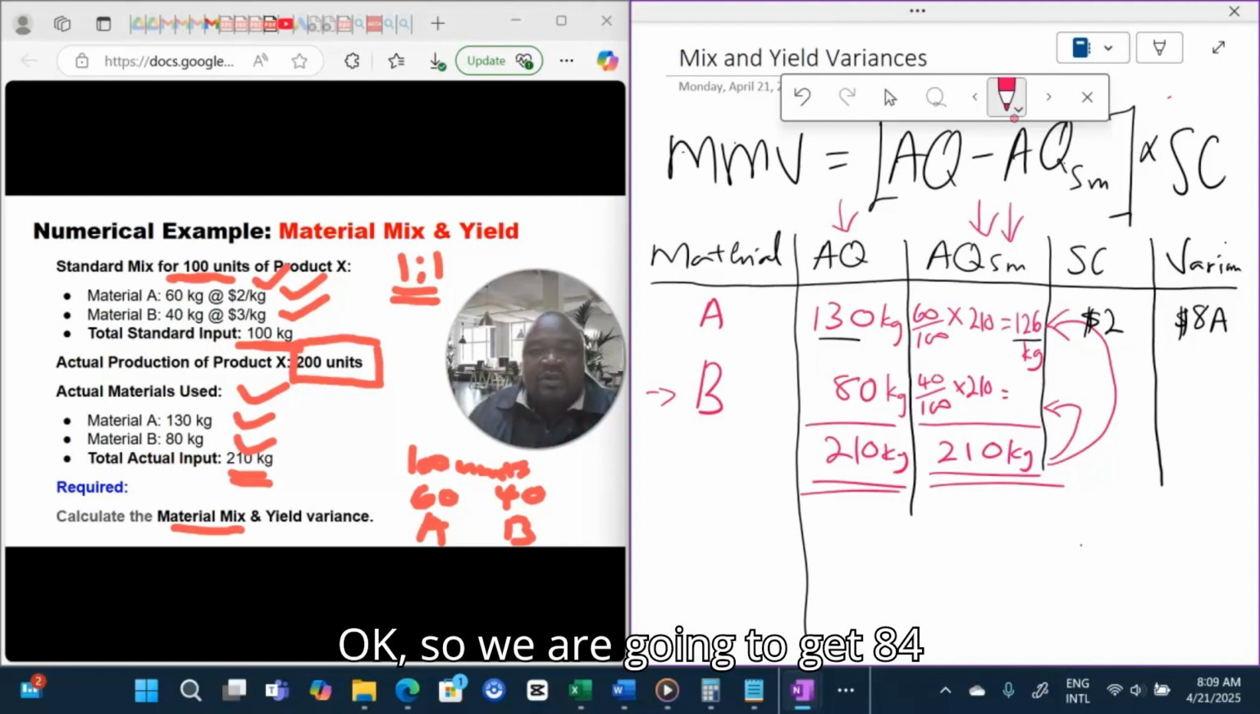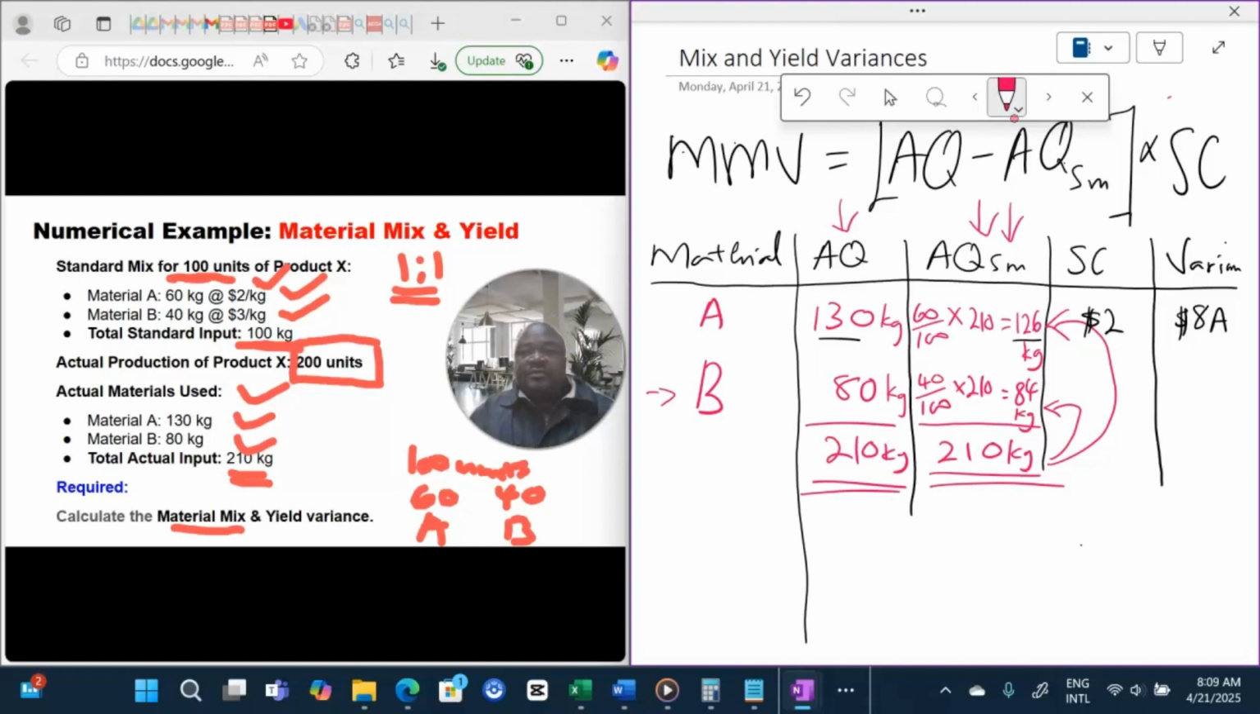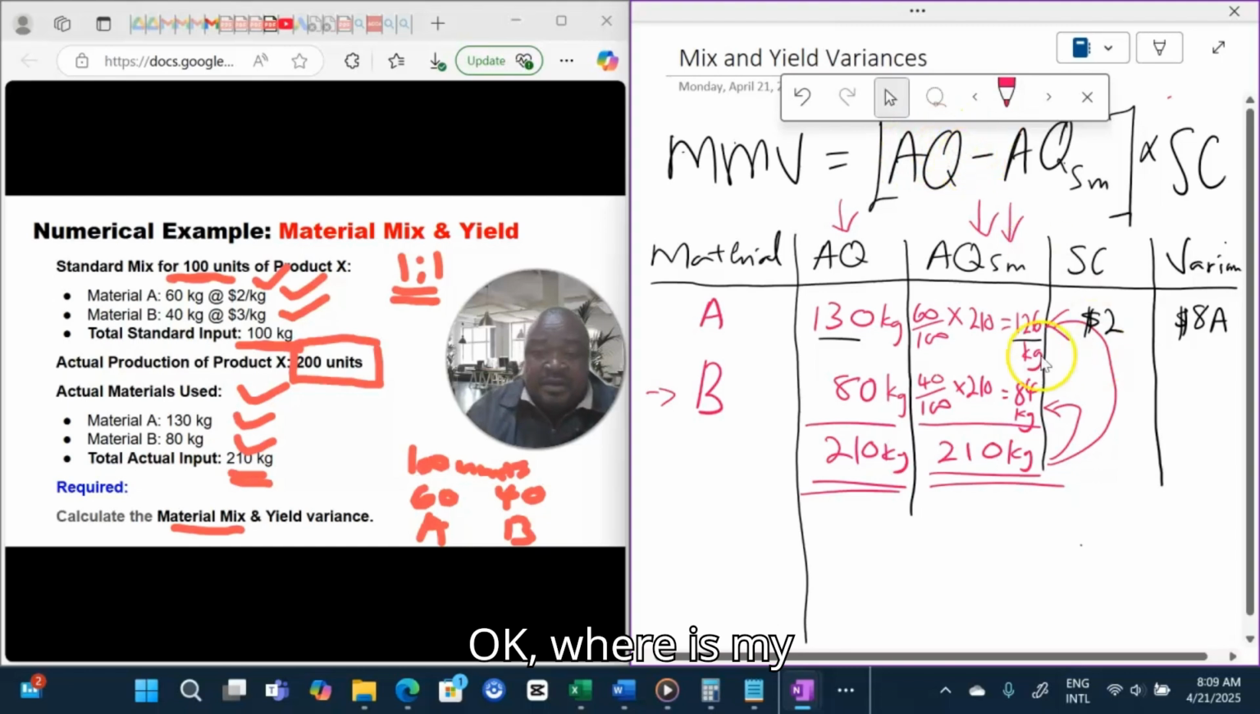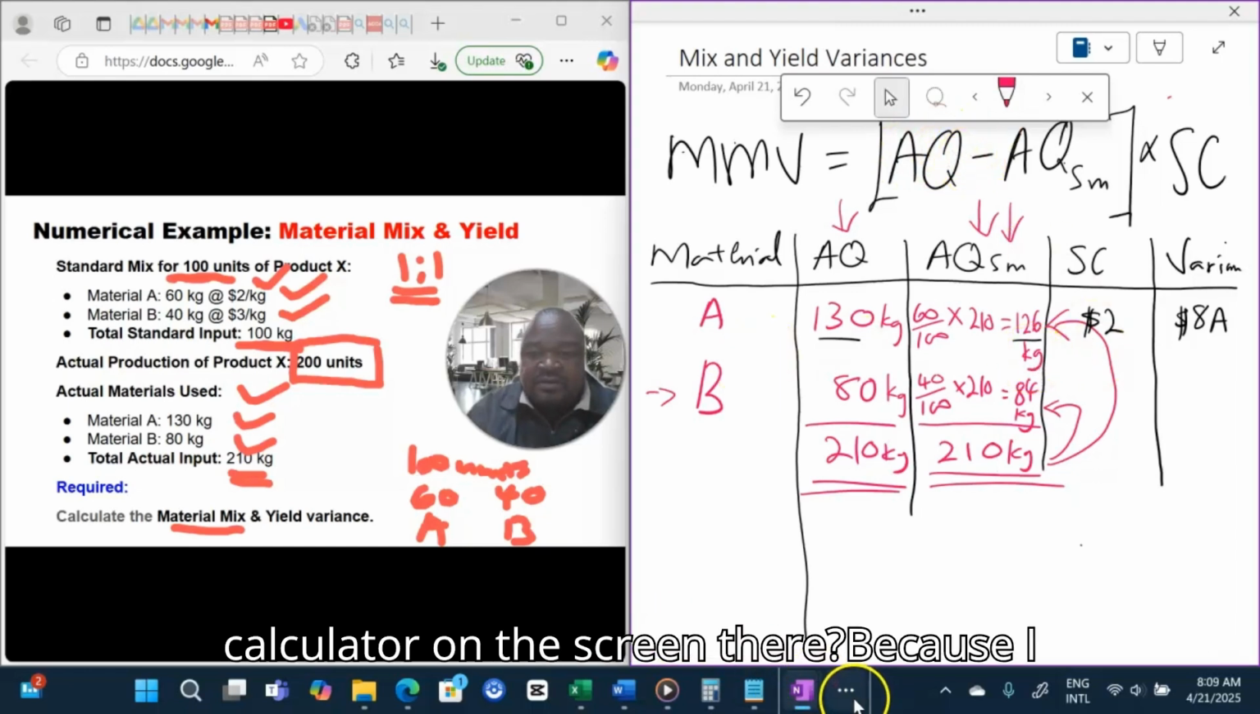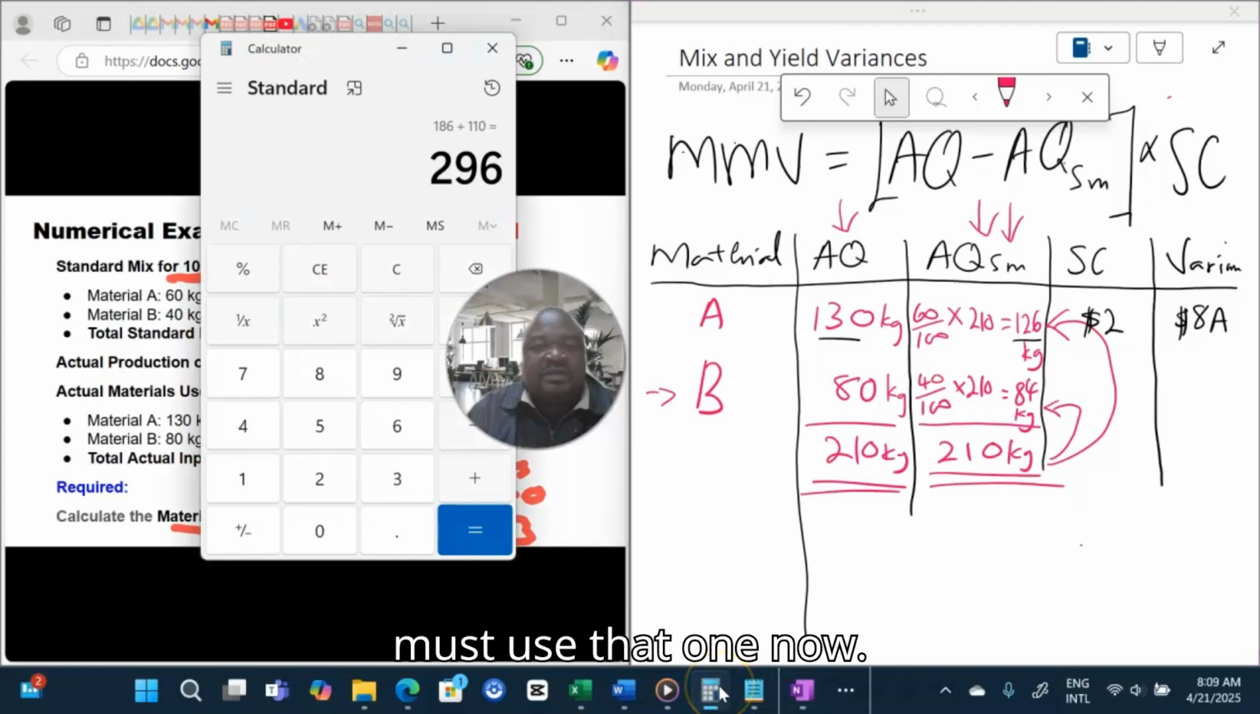Okay, so we are going to get 84 kgs. Okay. Where is my calculator on the screen there? Because I must use that one. Okay. Now,